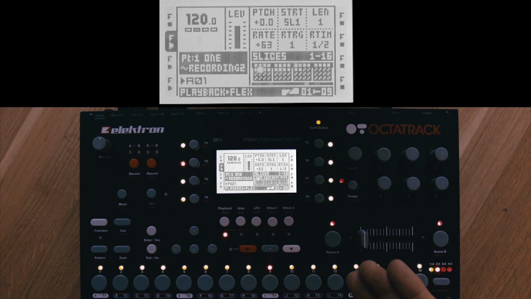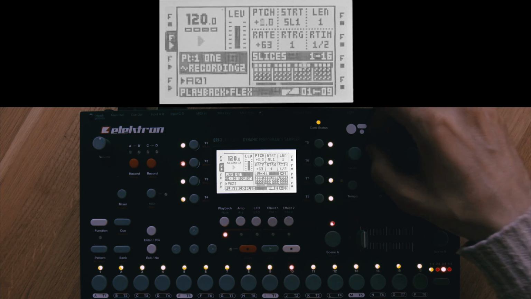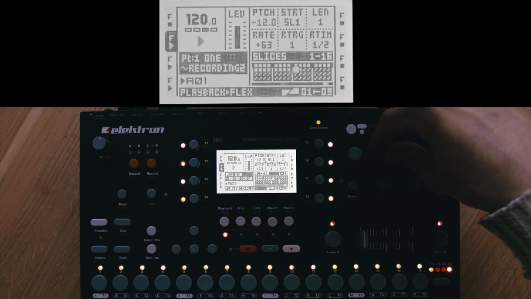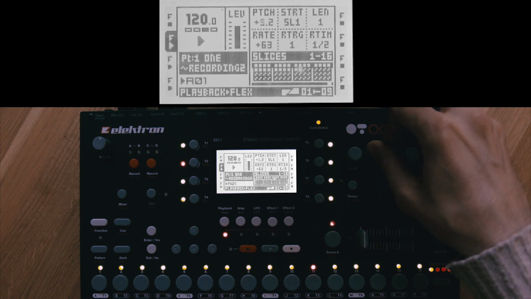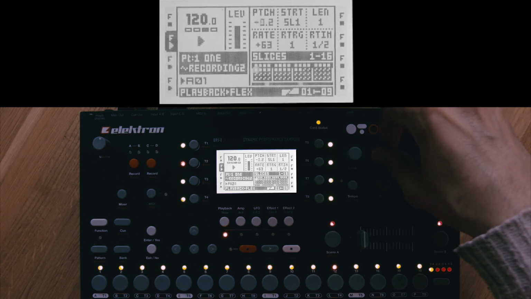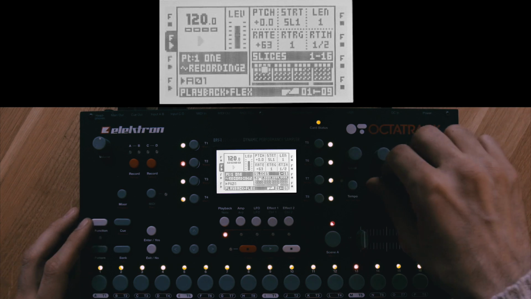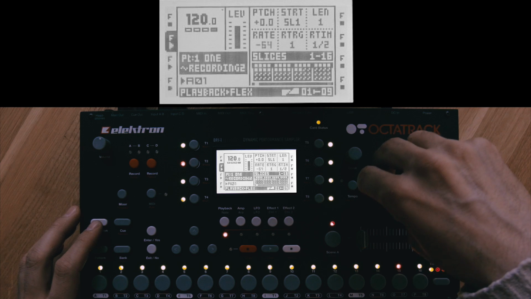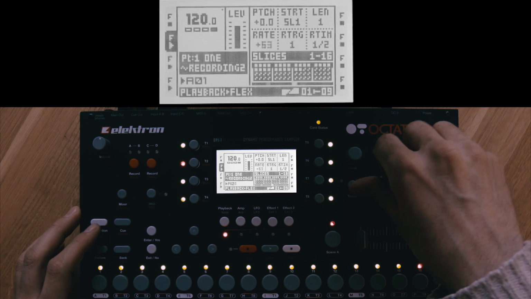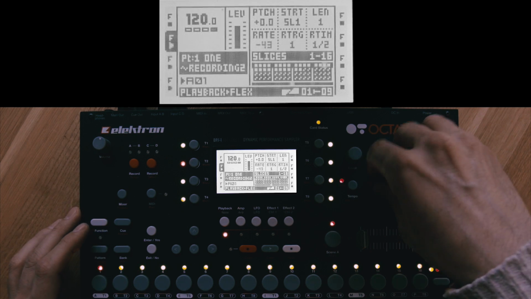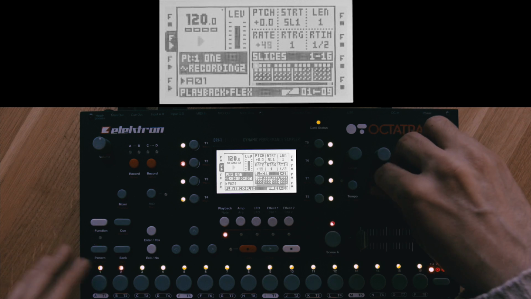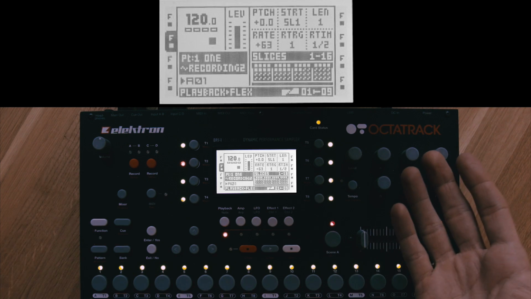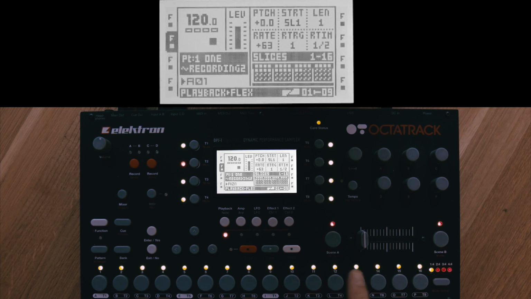While this is playing, I can start changing the pitch. I think that's pretty cool. So I'm gonna make use of this now. Okay, this is the scene